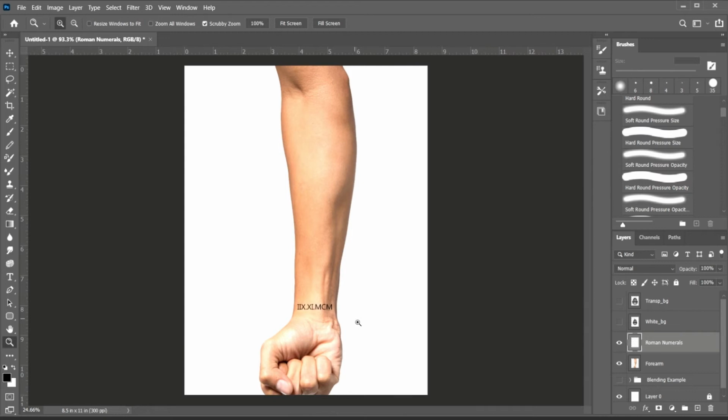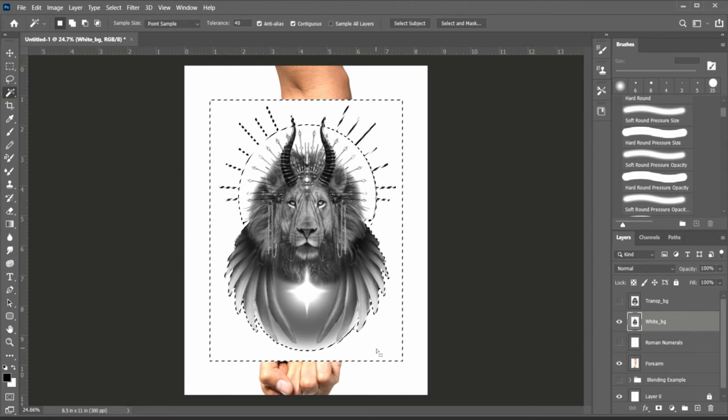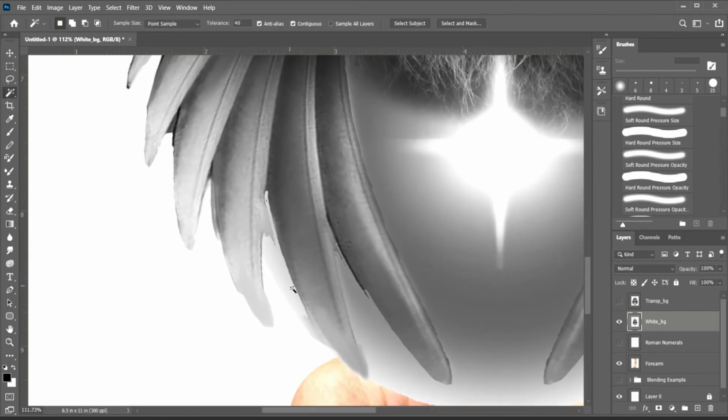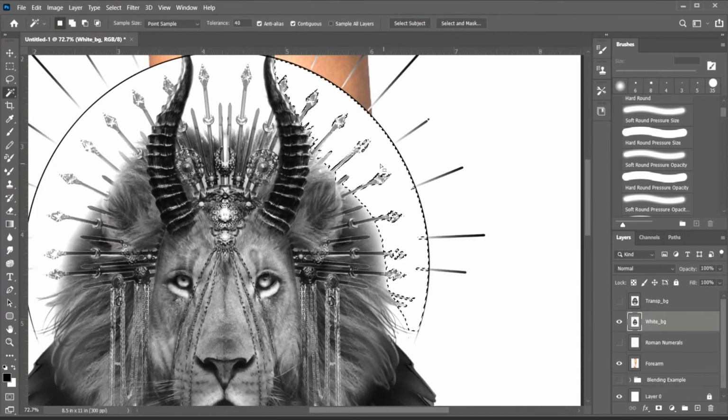Let's say you're doing something that is a little bit more advanced than that, a more complex design. I have here one of the designs I put together. And say we wanted to put this on their forearm. So similar process, but we're going to take a different approach to getting rid of the background. Because what you'll find is that if I use the wand tool and I select the white here, it's getting close, but we still have a white border down here. We still have this to worry about up here. So if I go ahead and select that,